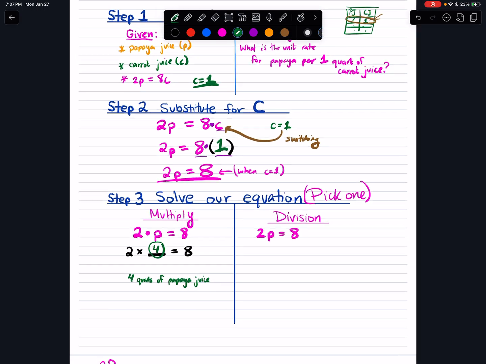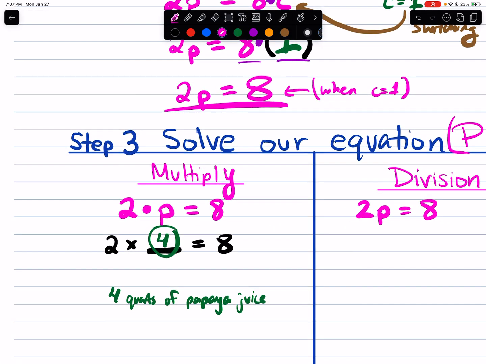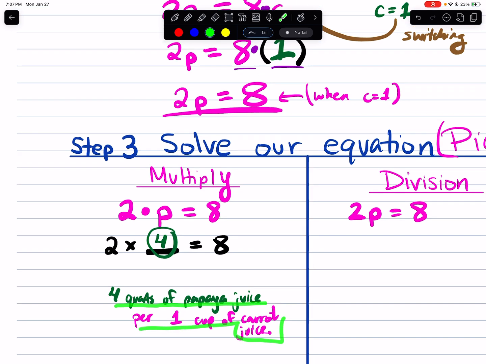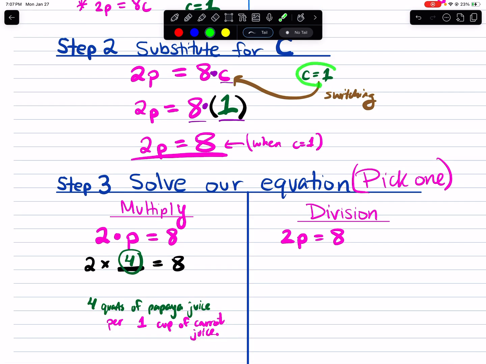What did it say? Oh yeah, per 1 cup of carrot juice. And you have to write out the sentence: 4 quarts of papaya juice for 1 quart of carrot juice. Realize what we did. Because we put c equals 1, when c equals 1 quart of CJ, carrot juice,